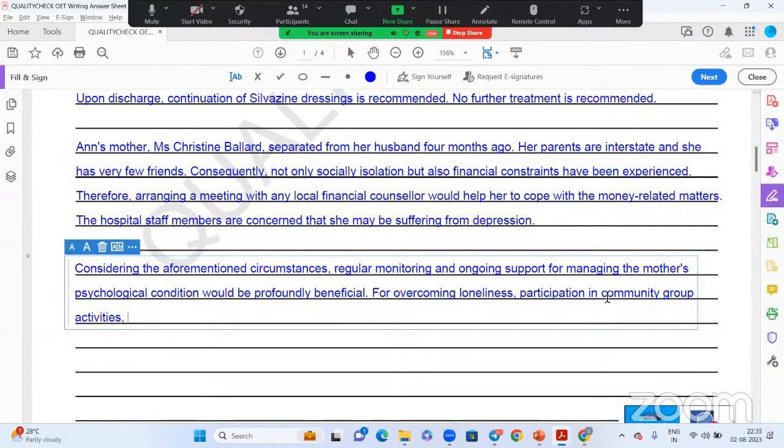So social group activities, in the local group activities or social group activities, in the society's group activities, in the neighborhoods group activities, whatever you want, social group activities, comma, number one, participation in social group activities, involvement in establishing